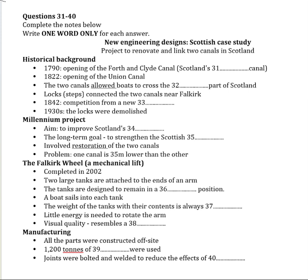Of course, since it's been in use, the design has been tested on an ongoing basis. And it may be